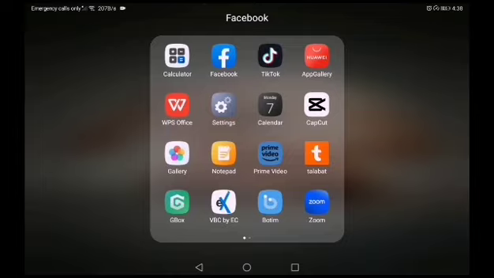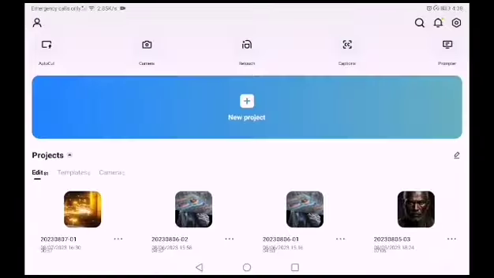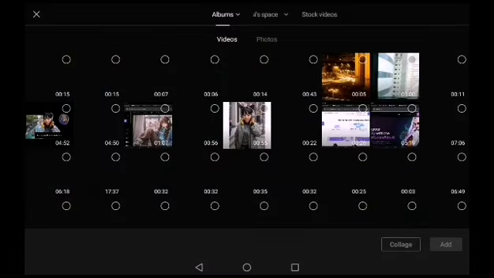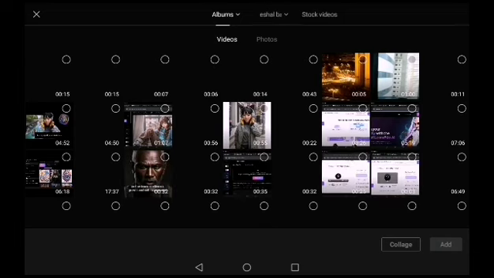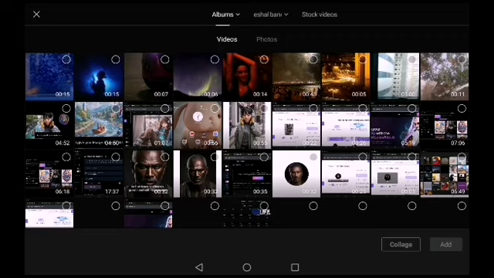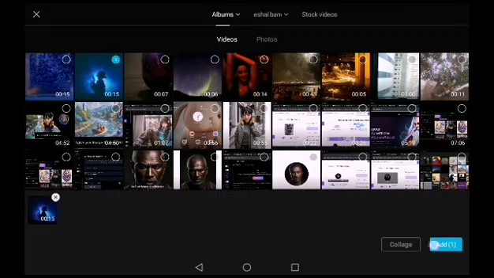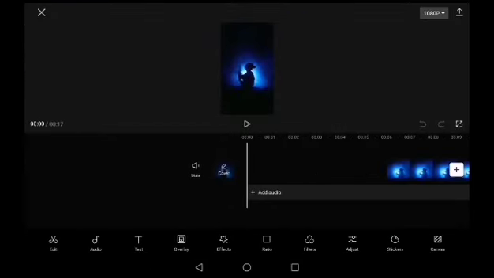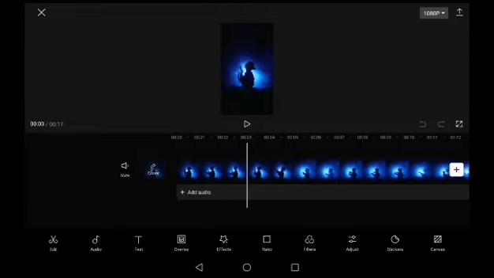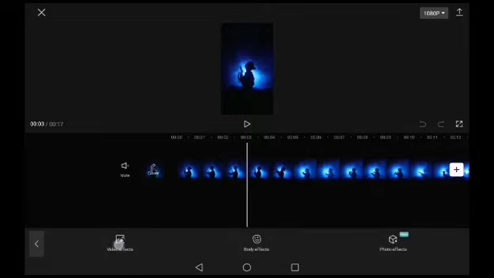We will go to CapCut, on tablet or mobile, and add a new project. Choose the video on which you want to apply the effect. First we will go to this blue one. It looks something like this. Now we will go to effect, then video effect,